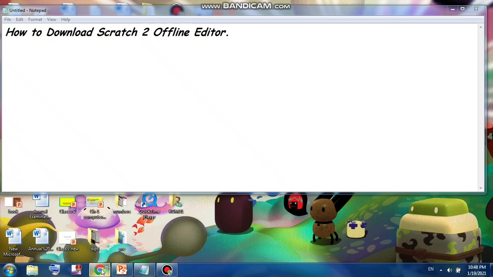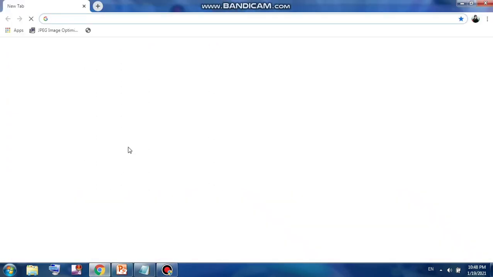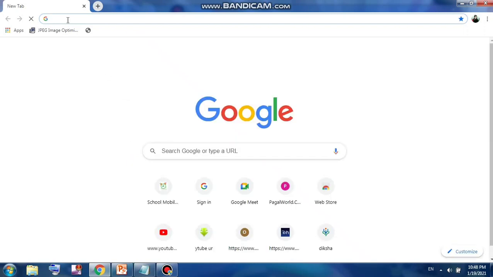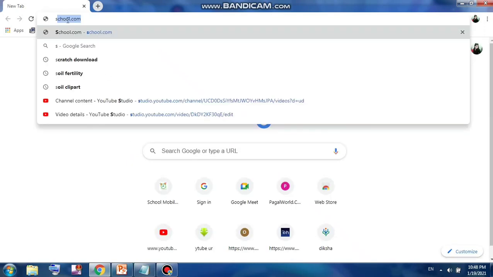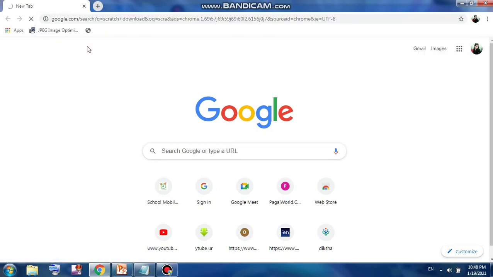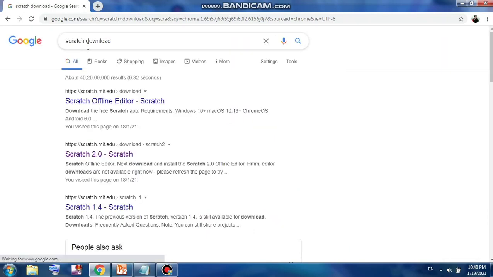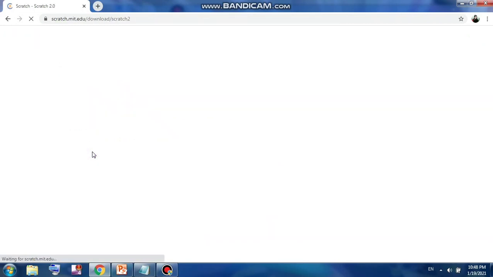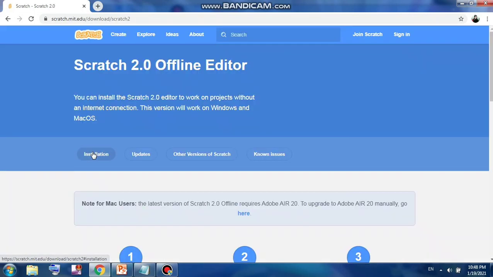Once Google Chrome is open, we will search for Scratch like this. I will give the link in the description box, from which you can directly click on the link and you will get this page.